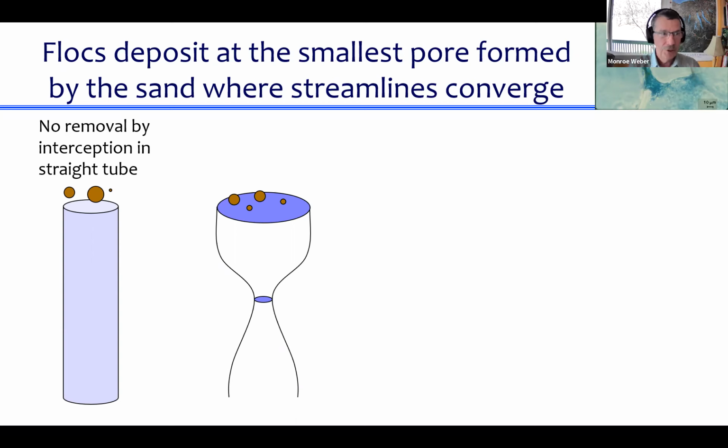So we'll do this by looking at what happens if we take a straight tube and we run some particles through it. So here they go. And those particles that went through that tube, there was nothing that was transporting them to the surface of the tube. So if they got into the tube, they just went right through it. There was nothing that made them get closer to the tube wall and hence have an opportunity to attach. Let's take those same particles and run them through this hourglass shape. So now, when they go through that constriction,